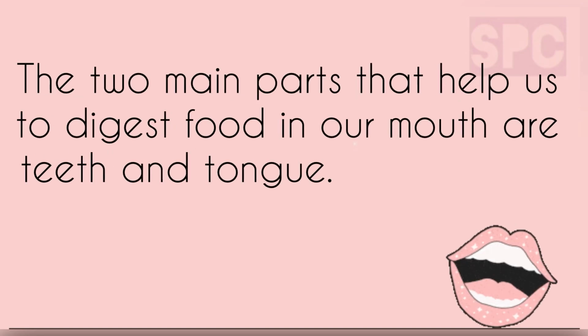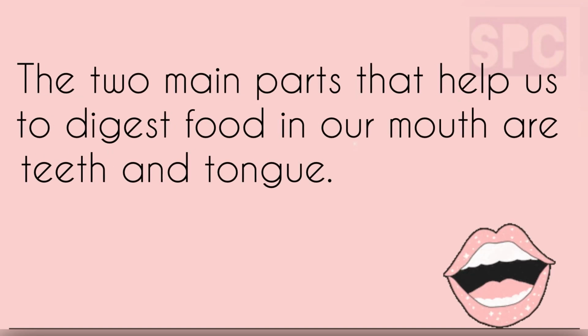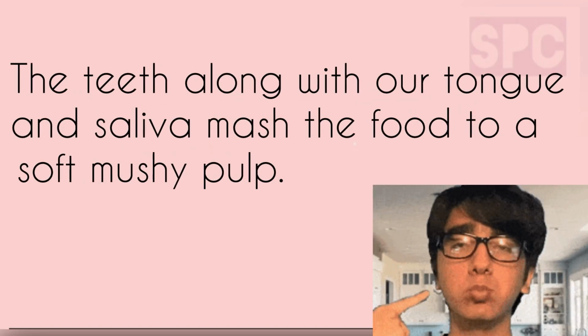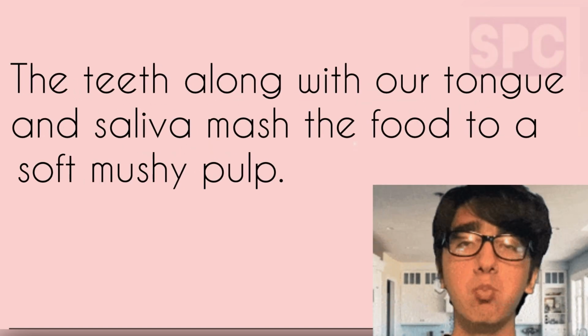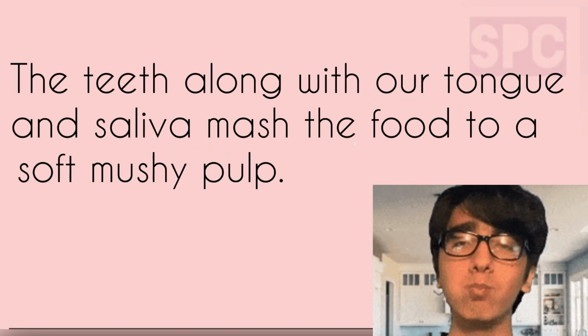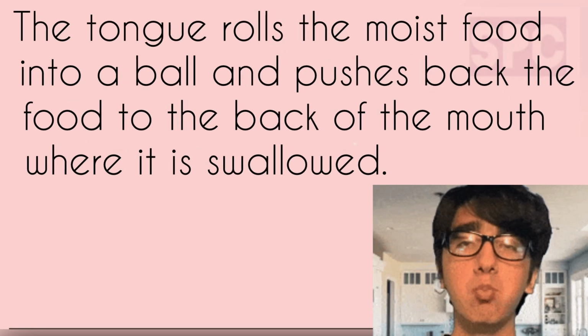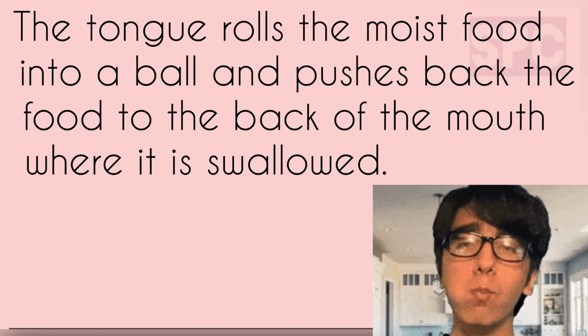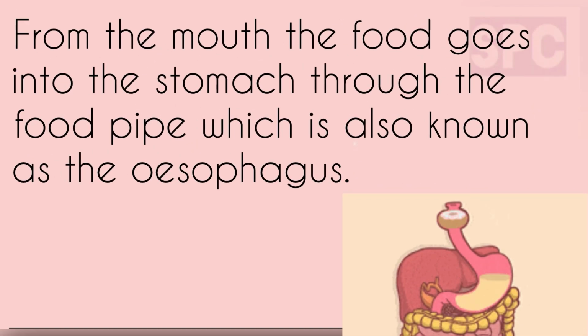The two main parts that help us to digest the food in our mouth are teeth and tongue. The teeth, along with our tongue and saliva, mash the food to a soft, mushy pulp. The tongue rolls the moist food into a ball and pushes back the food to the back of the mouth where it is swallowed. From the mouth, the food goes into the stomach through the food pipe, which is also